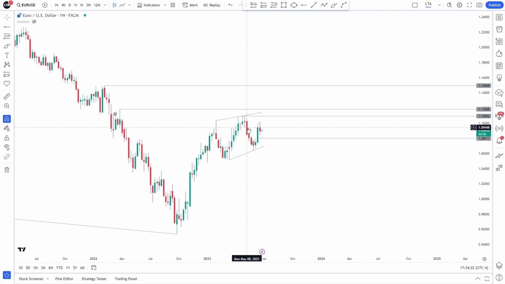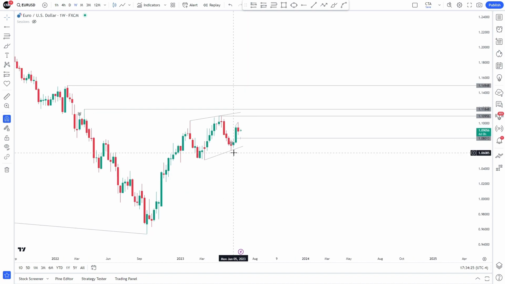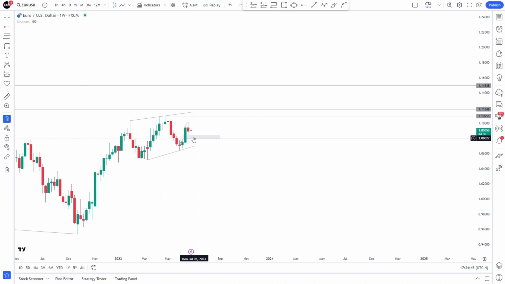So one thing that we're likely to see is we also reckon with the fact that this particular ray line here, you can see that we have a fair value gap. Or we have imbalance, or whatever. Imbalance as fair value gap, as ICT prefers to call it. So between here and here, this is a fair value gap. The market could come back down to close it this week.